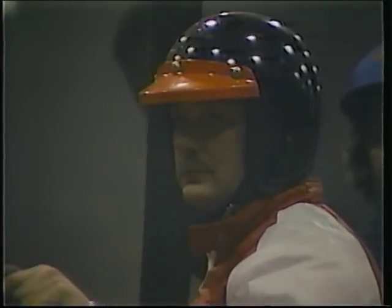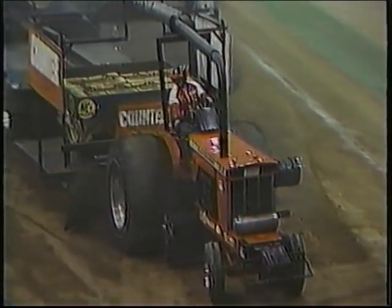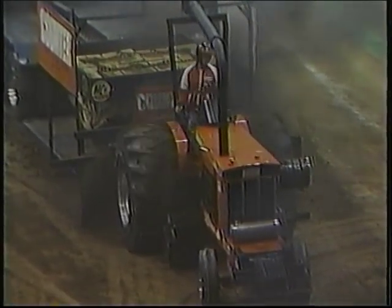Keith Haynes. It's a good shot of Keith, and here's the replay. A lot of tire speed early. You can see him spin, picks up the front end and carries it for a little way. There's a nice smooth run there. He drifts a little bit to the left side of the track, spins out right here in front of our